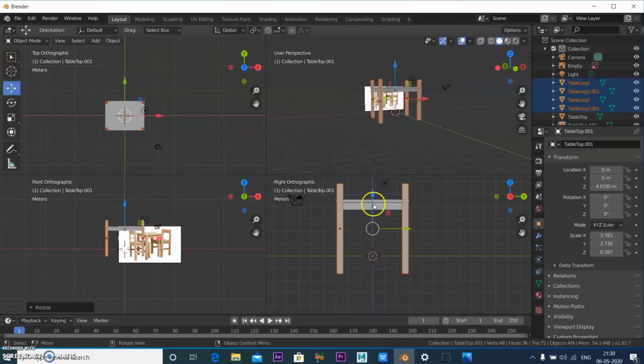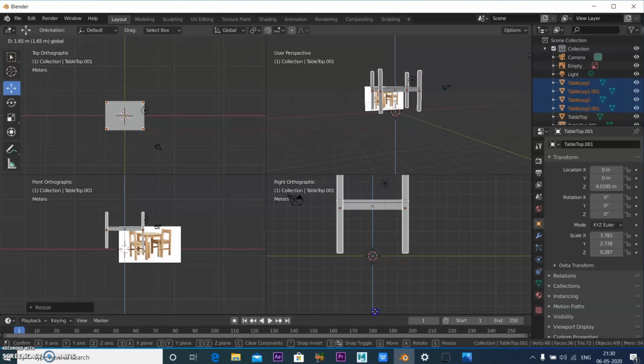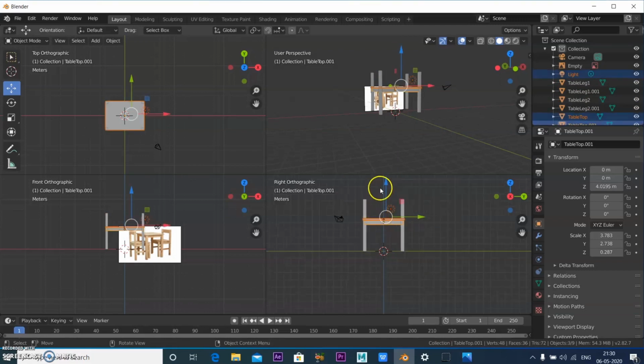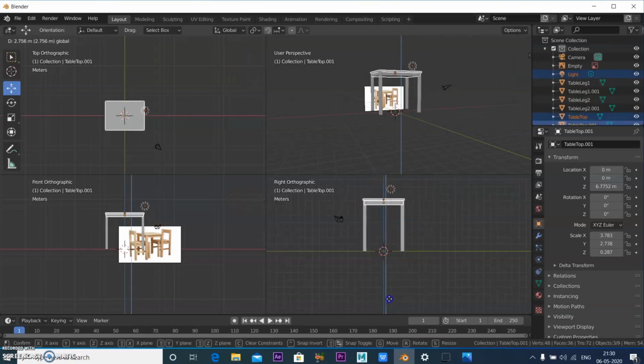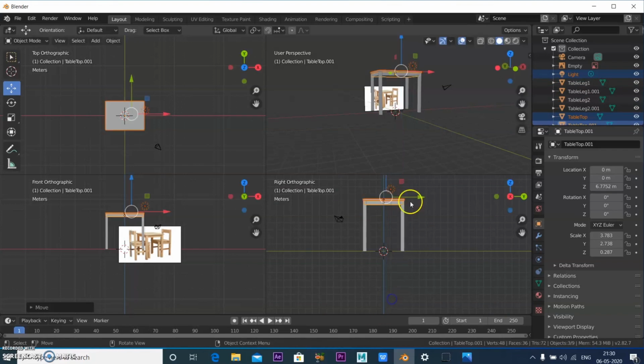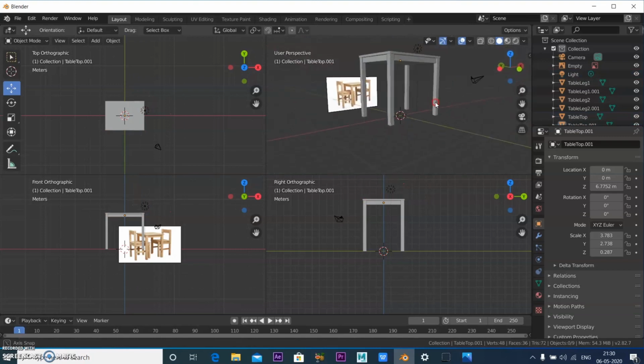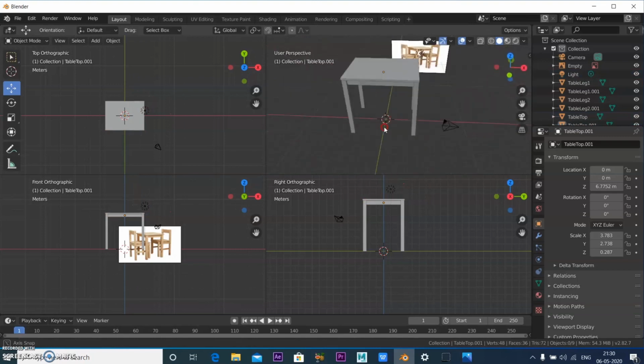Just move this up. And I have to select this object and just lift this up. That's it. It's so simple to increase the height of this table, and we have this.